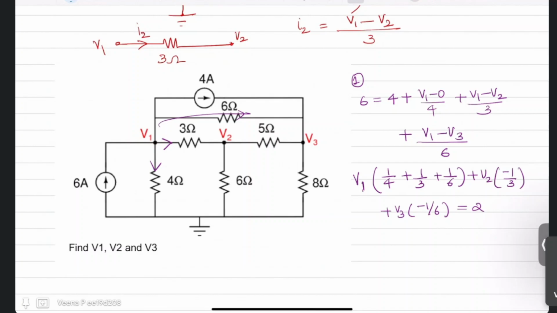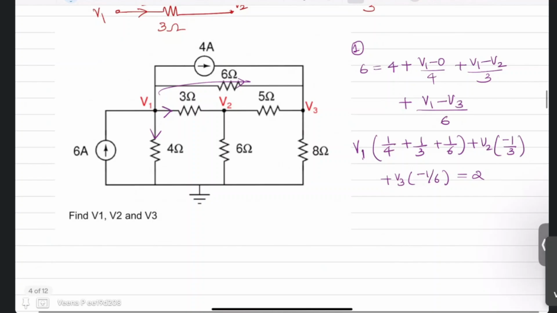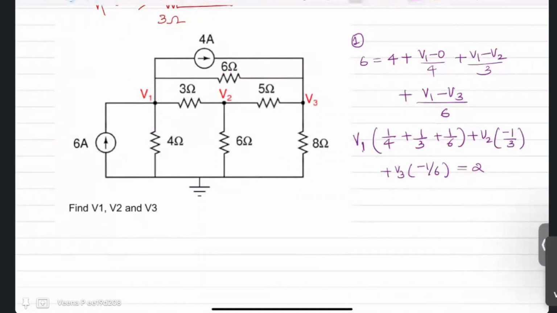Similarly, if you write the second nodal equation, when you consider a particular node, you imagine that node is the supreme node. That means that node has higher potential than all other nodes. If you consider that way, all your currents will be outgoing currents. So if incoming currents are 0, that means your outgoing currents are also 0. So now if I am writing the nodal equation of the second node, V2, I assume that V2 is the supreme node. That means it has a higher potential.